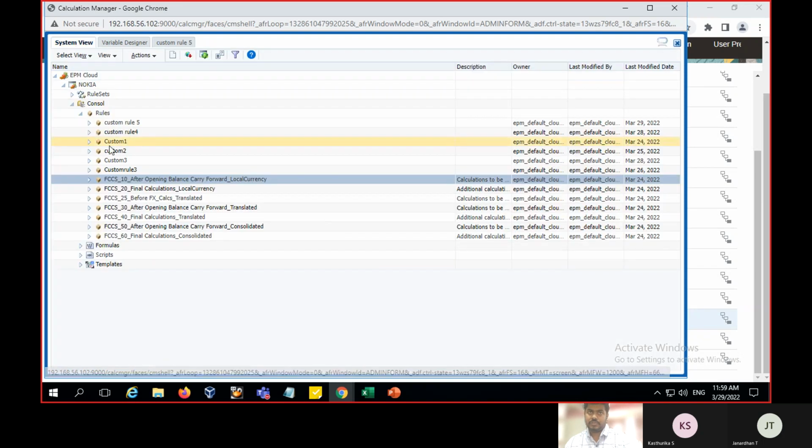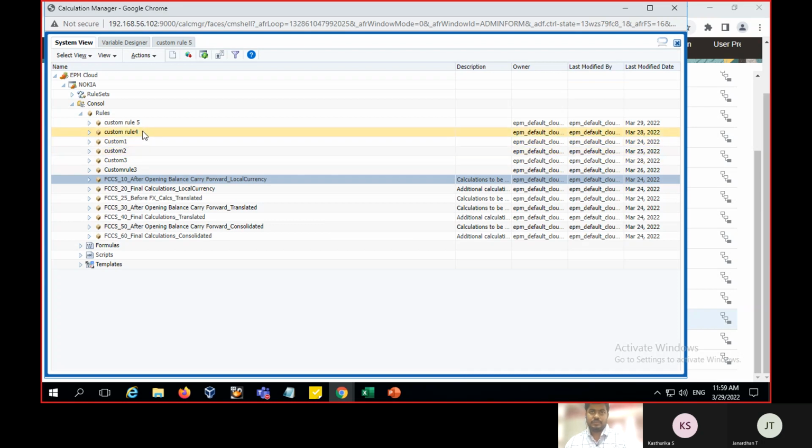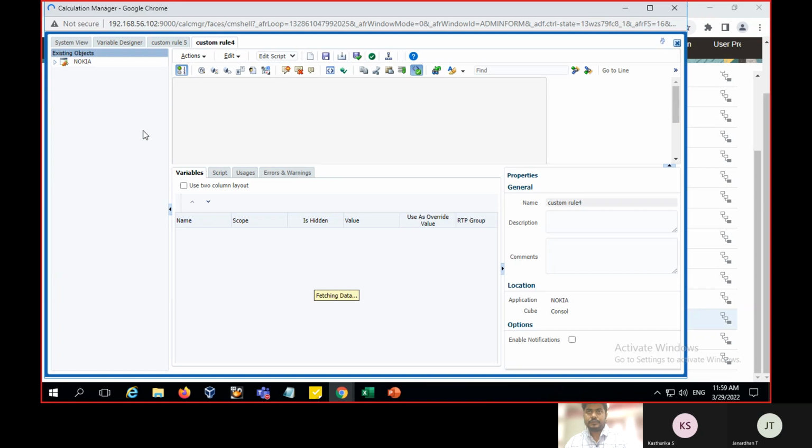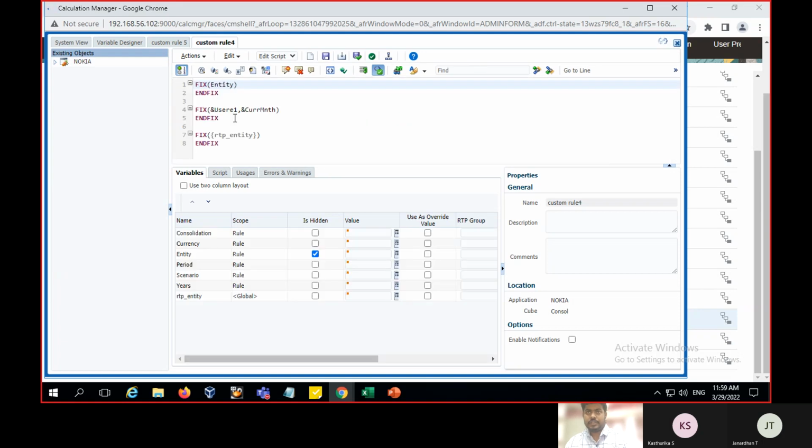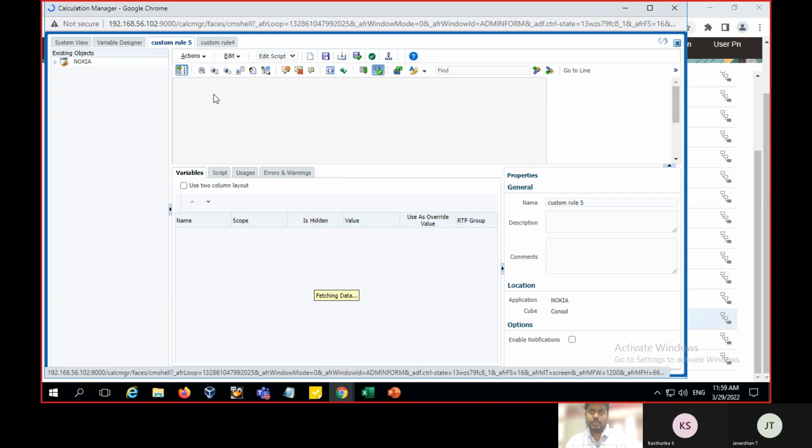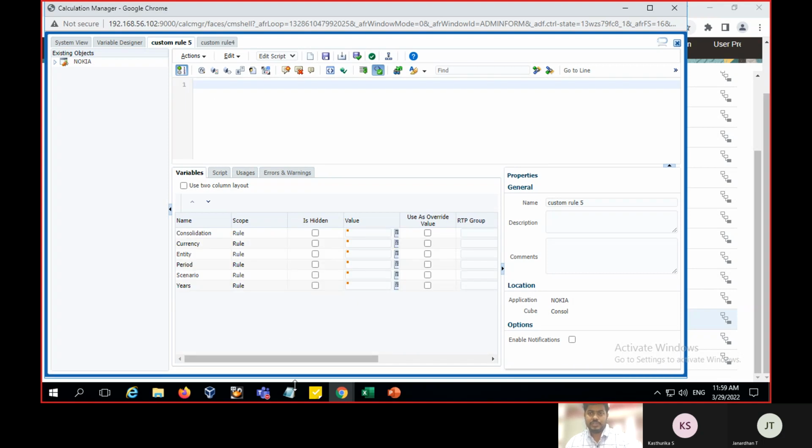and go to the system view. Earlier I created custom rule 4. Then I'm taking it for reference. Here we can give the device, and I am creating the new one as the business rule. So here I am using Notepad for my convenience